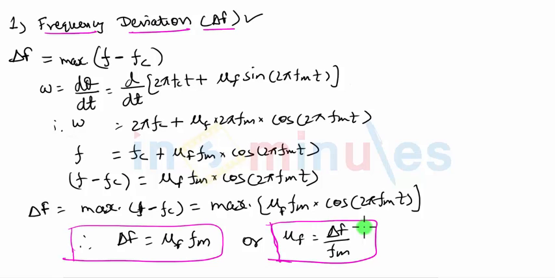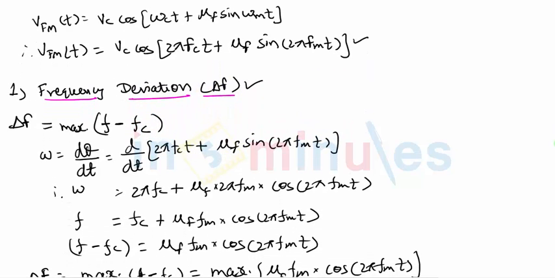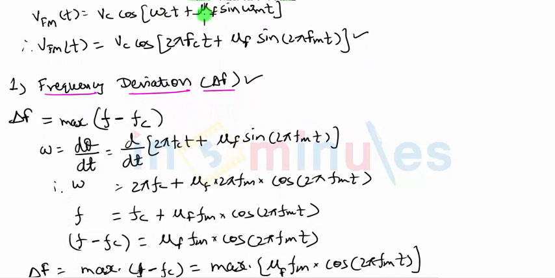what it would be in the previous case. Please remember that the final expression that we have derived is only valid when the input modulating signal is of single frequency. If this is not the case, then you have to start from the general expression of FM and derive the actual expression of delta f. The frequency deviation definition will always remain the same. You have to somehow get f minus fc first, and you can get f by differentiating the angle part of the modulated signal,